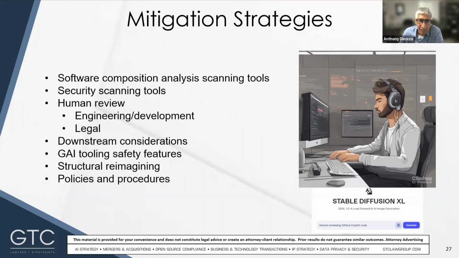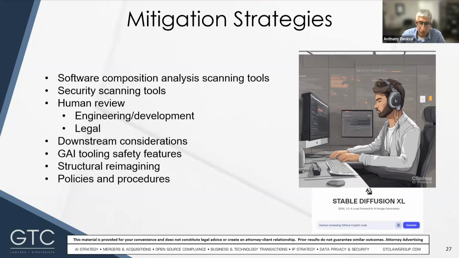We'll jump now to some of the GAI tooling safety features themselves. When you get the tool, it's important to properly configure it and leverage the features that the vendor makes available. There are some examples: you can enable encryption, you can configure the tool so it doesn't retain your code, you can configure it so it doesn't learn from and is not trained on your inputs to the tool or the results it provides to you. You can even turn off the human review. Sometimes you want to keep it on because they have abuse monitoring on a lot of these tools that can involve escalating to a human, but you can also turn that off, and maybe it's better for you that no human has access to your code.